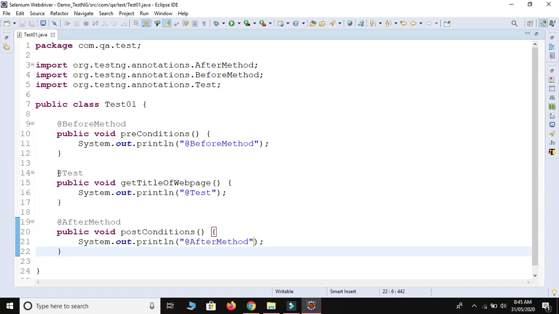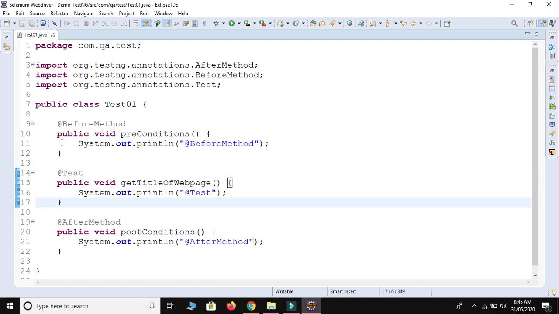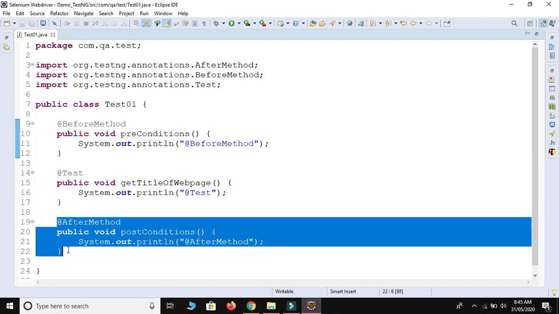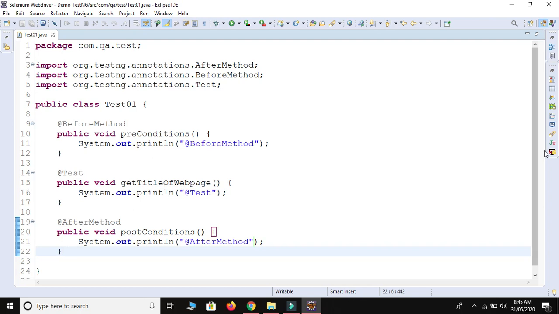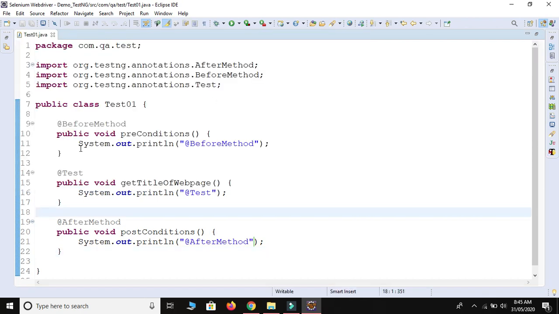When we use the @Test annotation, this method is considered the main test case. These two methods are not test cases, they are only supporting methods. That's why inside TestNG we are able to see only one test case. It will not print any precondition or post condition, only the test case, and in this script we have only one @Test.